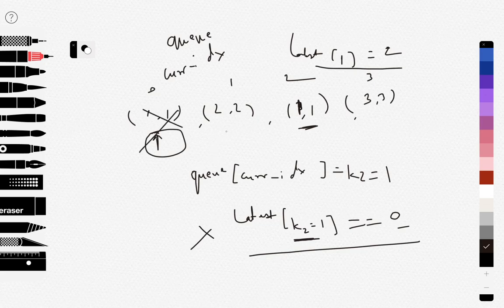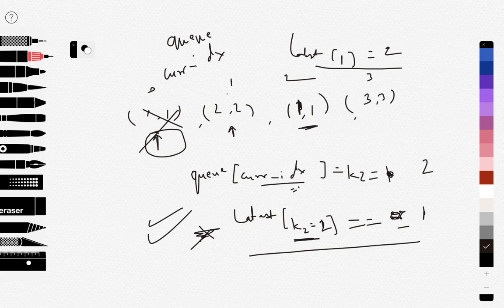So remove this, or simply just increment the pointer here. So our current index now points to 1, and we repeat the same process. Now in this case, K2 is going to be 2, current index is obviously 1, so Q of 1 is going to be 2 and latest index for 2 is going to be 1. So latest index is equal to current index in this case.